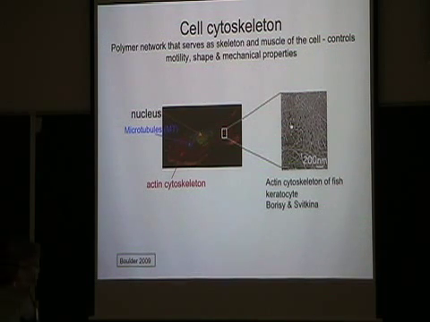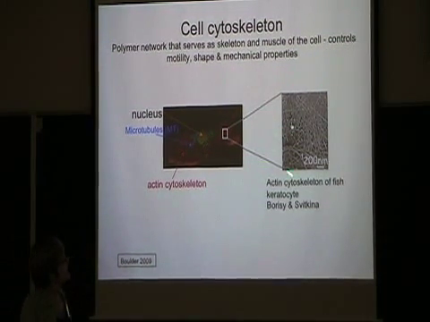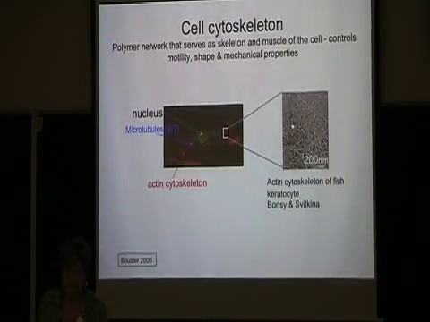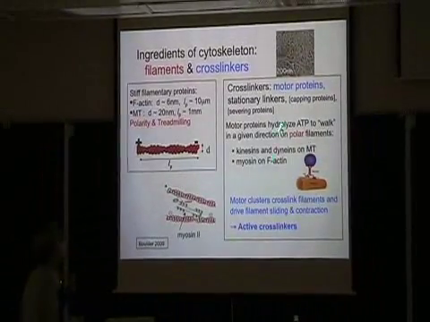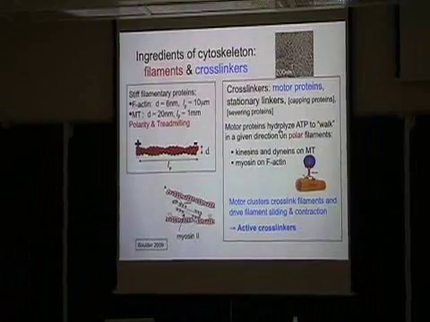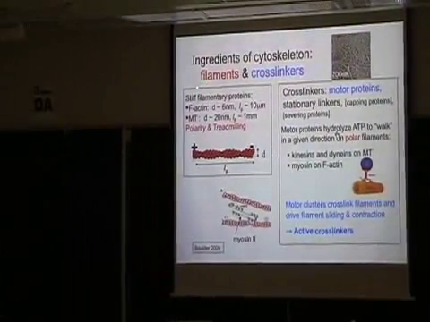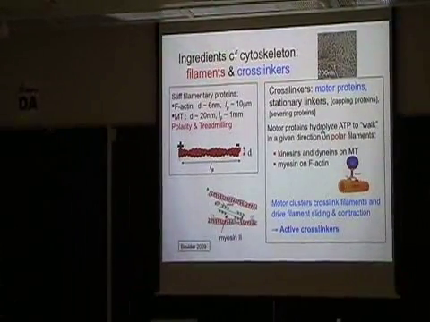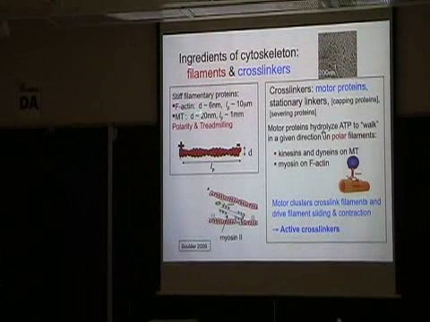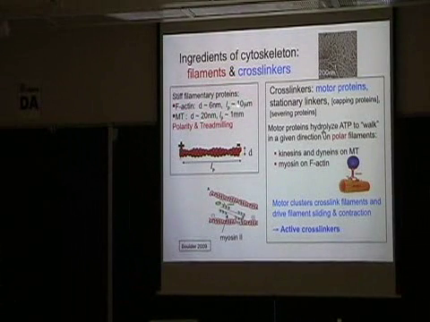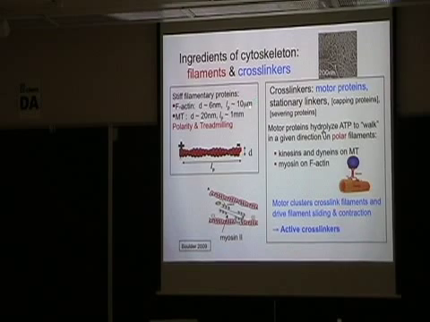Now, what is this made of? Why do I say that this has anything to do with my bacteria, if you like? So, if you actually look at what are the ingredients of this cytoskeleton, well, I kind of already said that there is long filamentary protein, like filamentary actin or microtubules, which have very long persistence length in vitro, for actin of the order of tens of microns, and for microtubules actually of millimeters. And they're cross-linked by many, many proteins.